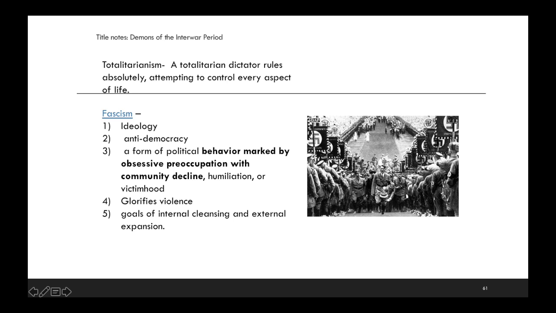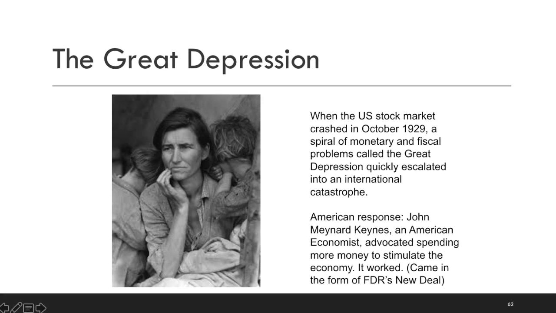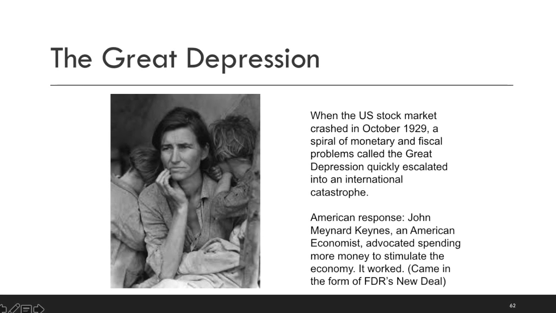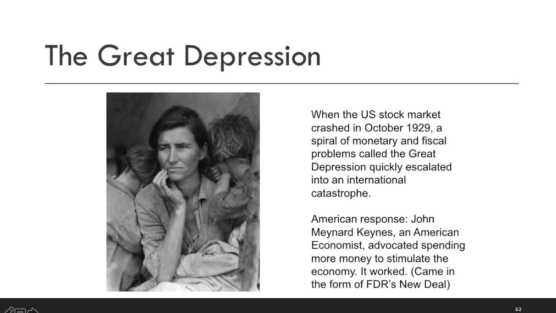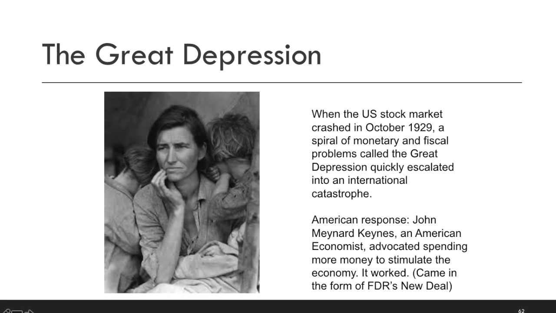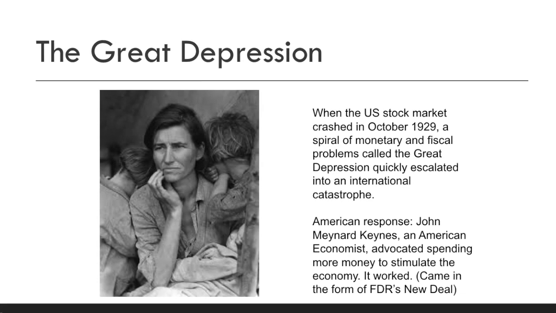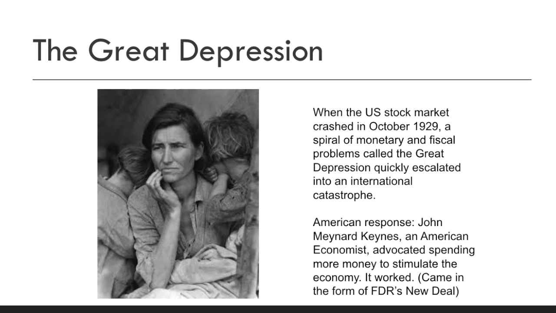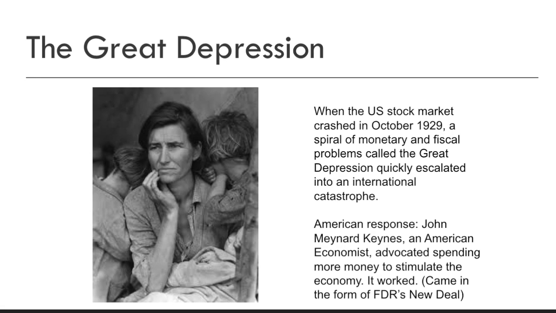It springs up in Italy first, and then in Germany in the period between World War I and World War II. There are many different causes of the Great Depression, and you can see a link in the bio from a History.com article that talks at length about it. But World War I could have been a cause of the Great Depression. The United States was very adamant that the European powers that it had lent money in World War I should repay them. It probably should have forgiven them of their debts, but the European powers struggled in repaying the United States. So that's one of the reasons why they slapped German war reparations in the Treaty of Versailles. This struggle to repay the United States helped kickstart economic disaster throughout Europe and the rest of the world.